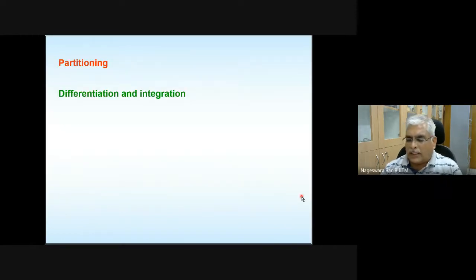And also partitioning, and differentiation and integration. These also, please note that differentiation and integration operations are interchangeable. Okay. If you have a differentiation operator and after that you have an integral operator, you can interchange them. You can first integrate and then differentiate, or differentiate and then integrate. Both are going to result in the same thing. So you refresh all those kinds of concepts.